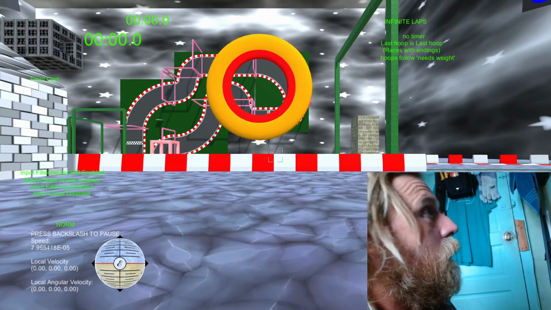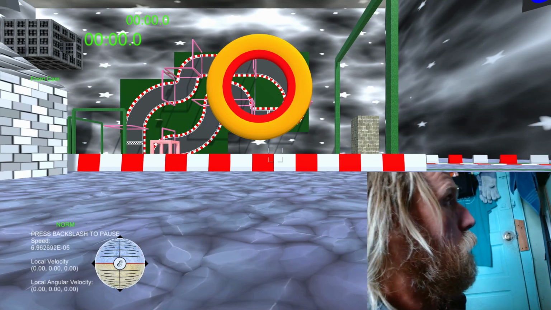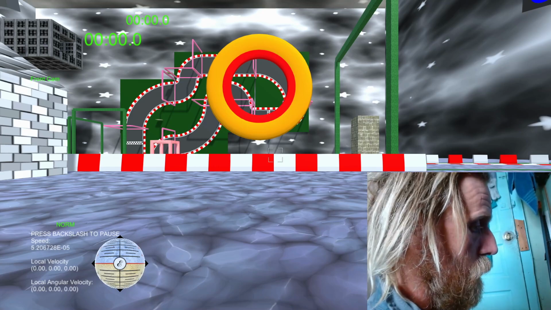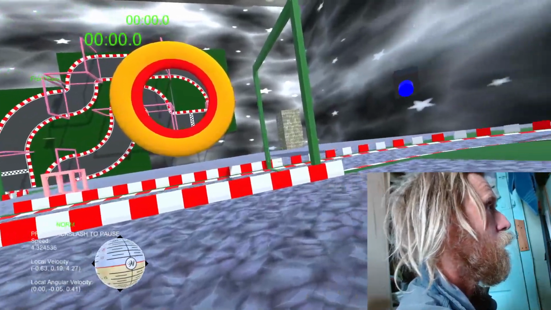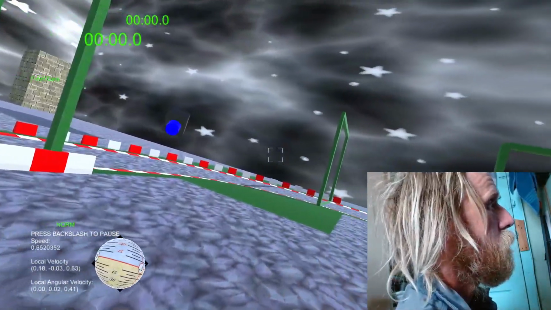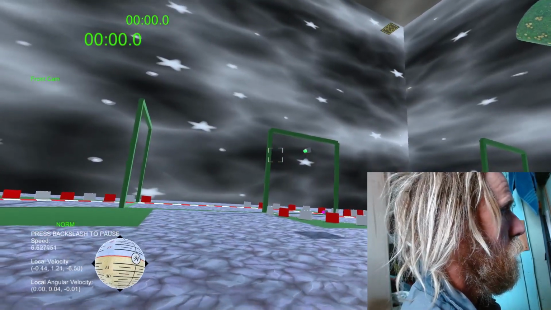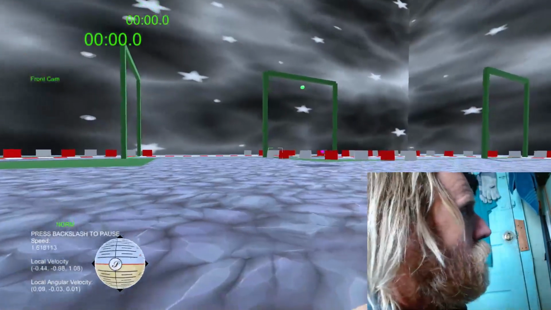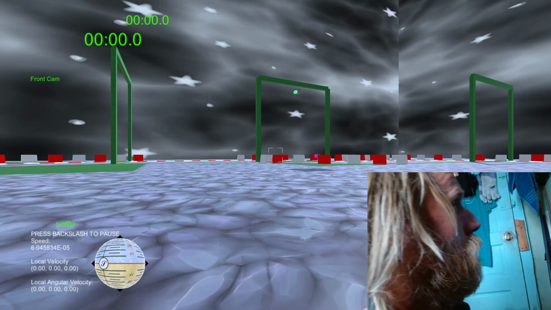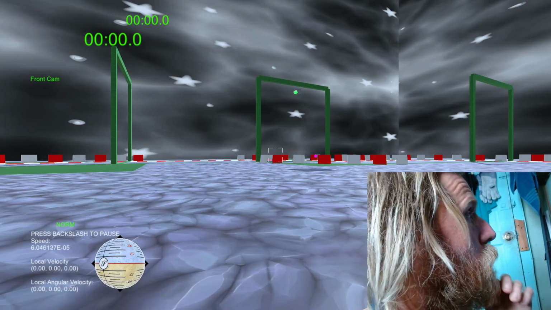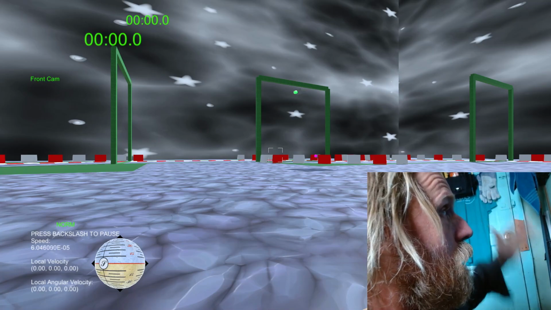So here I'm in the front cam, and also now you can see that I've added front cam to the upper left. It's not very good, actually. There you can see front cam. You get that shown out here. So now you can see it says front cam kind of towards the upper left. It's not all the way in the upper left because there's going to be a stack of times there